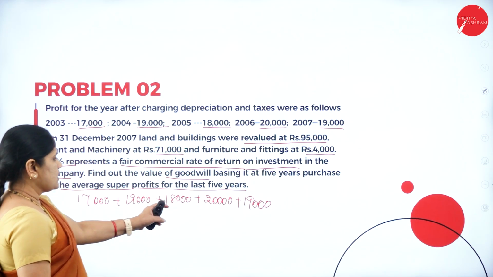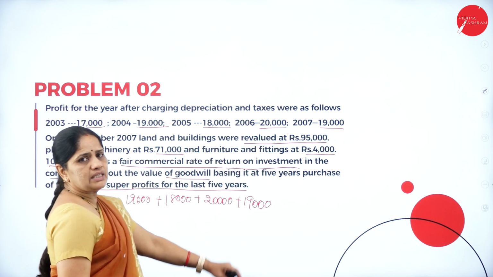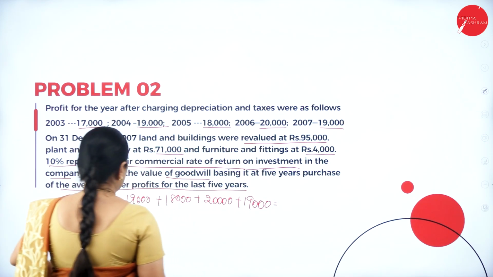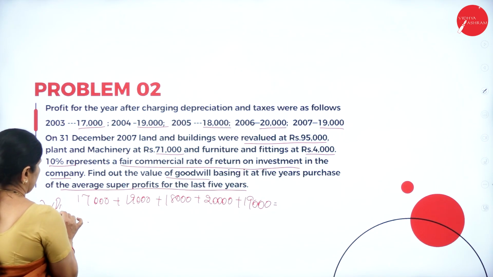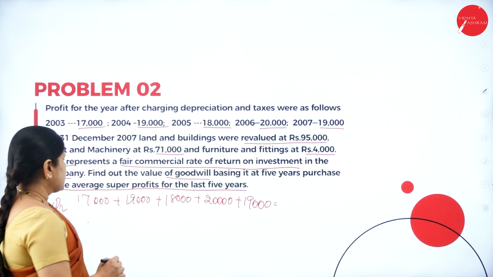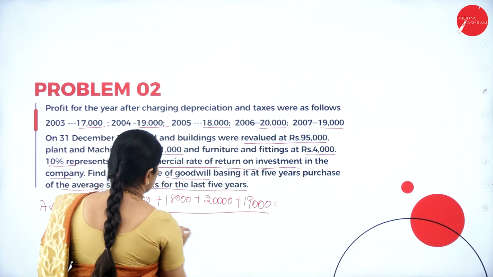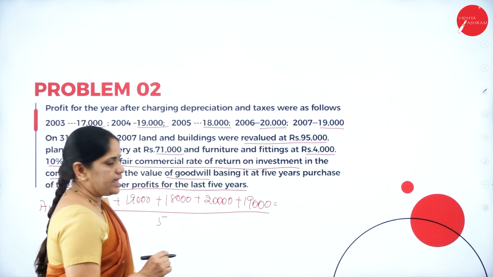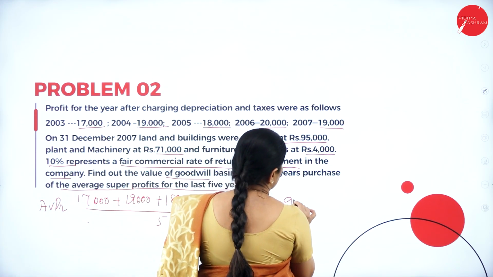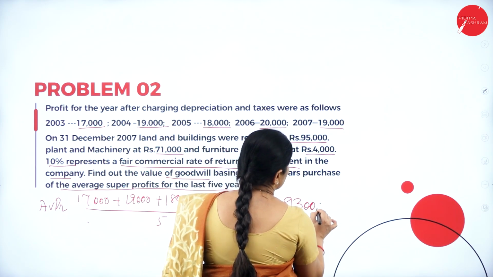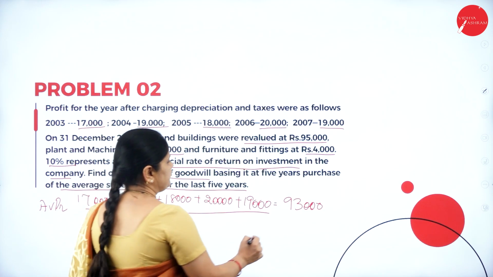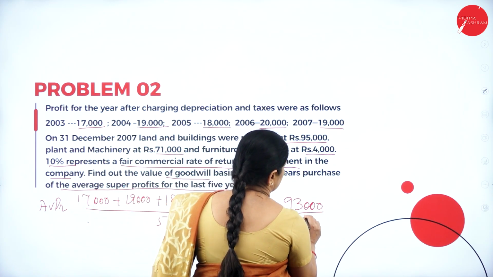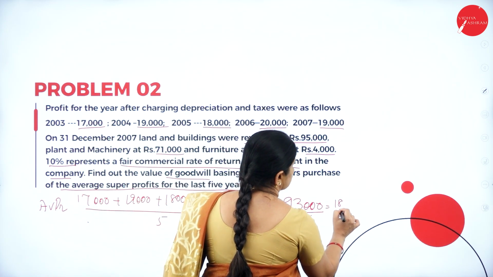We are calculating the average profits here. So, I get the total as 93,000. So, 93,000 divided by 5, I get the answer as